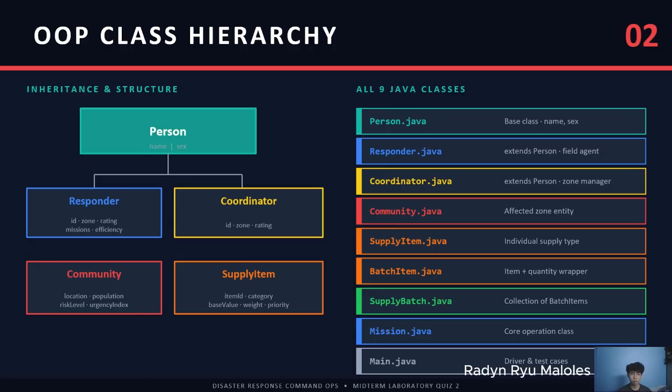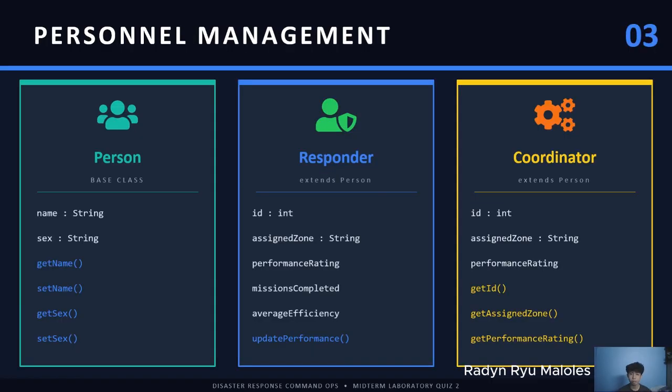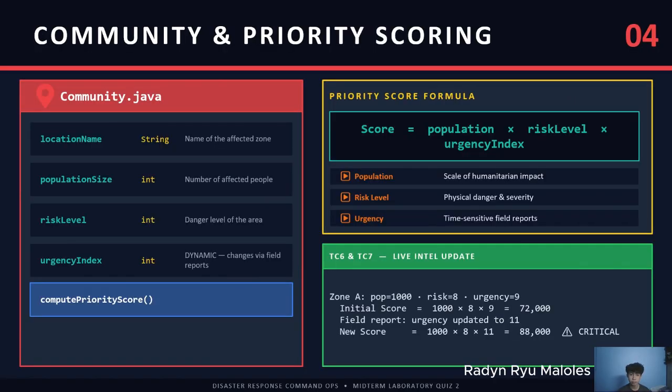To give you a complete picture of our file structure, here are the 9 specific Java classes that make up the entire application. As mentioned, the Person acts as the base class for fundamental human attributes. The Responder and Coordinator extend this base class to act as our field agents and zone managers, respectively. The Community represents the physical zones affected by the disasters, while the SupplyItem defines the individual types of